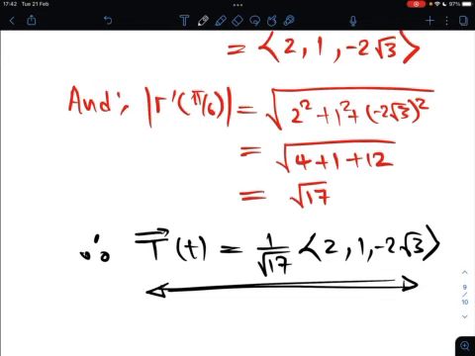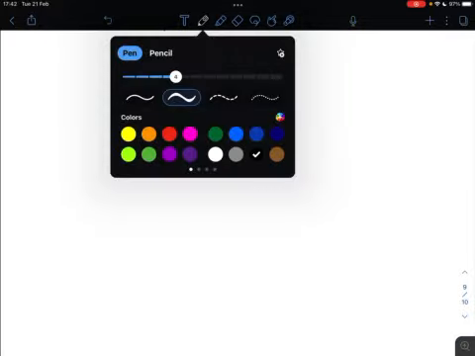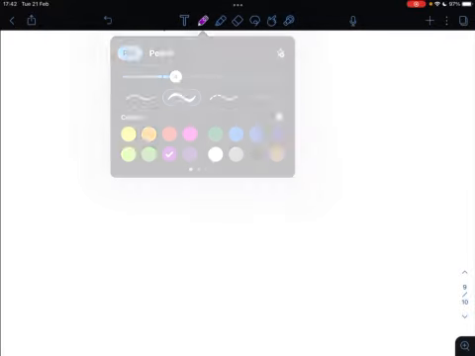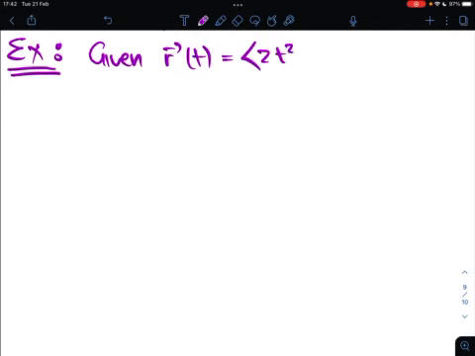You see? At times one example cannot do enough justice in terms of understanding what's going on here. So let's look at another example. In this example that we look at, this is the question. Given r of t equals (2t squared minus 1, t cubed plus 7, e to the t),